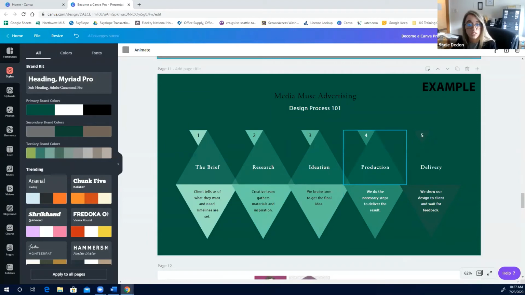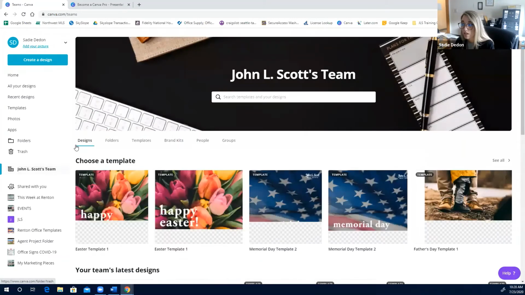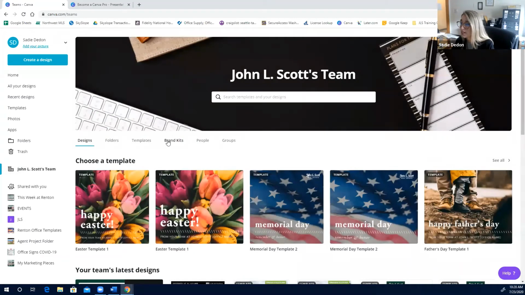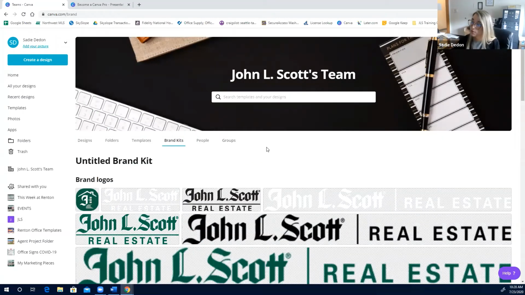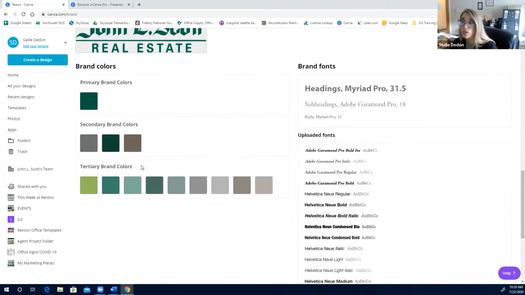So what it means on your side is when I go back to my home page and I click on my John L. Scott team here, it's going to show my brand kit that John L. Scott pre-made for me, everything that I'm allowed to use. So they gave me all of these logos I'm allowed to use. And then down below are those colors that you can program your team or your Canva to have that default